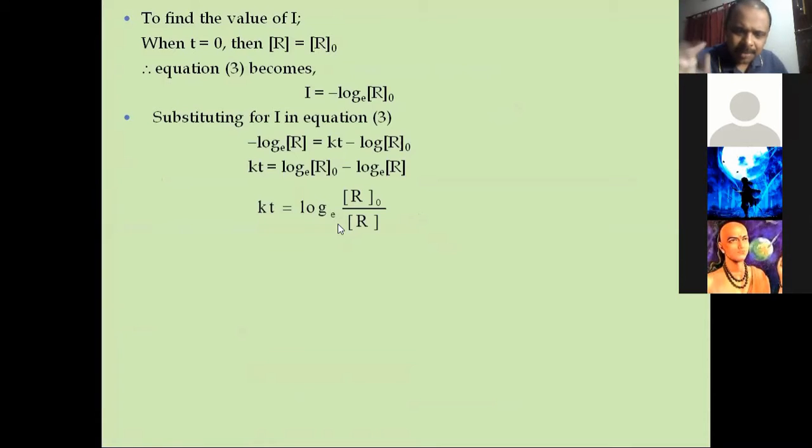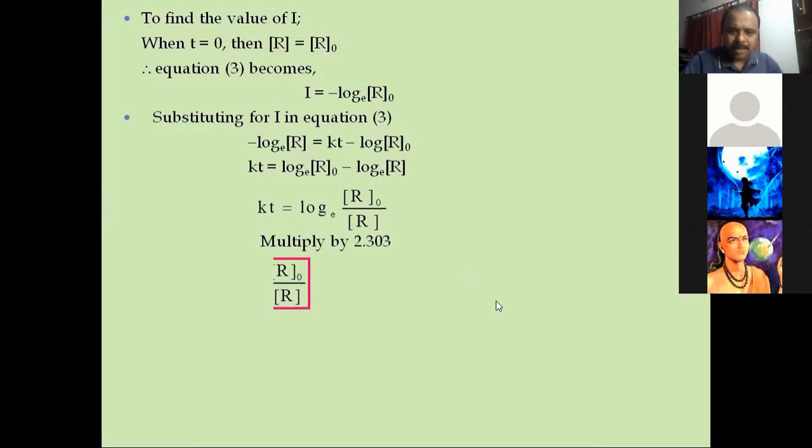Madam, somebody asked me why we have to multiply by 2.303. This is a constant. Whenever you want to convert log to base e into log to base 10, you have to multiply by the constant 2.303. If you multiply the whole equation, wherever log to base e is there, with 2.303, then log to base e becomes log to base 10. Remember, I think you would have come across this in your mathematics.